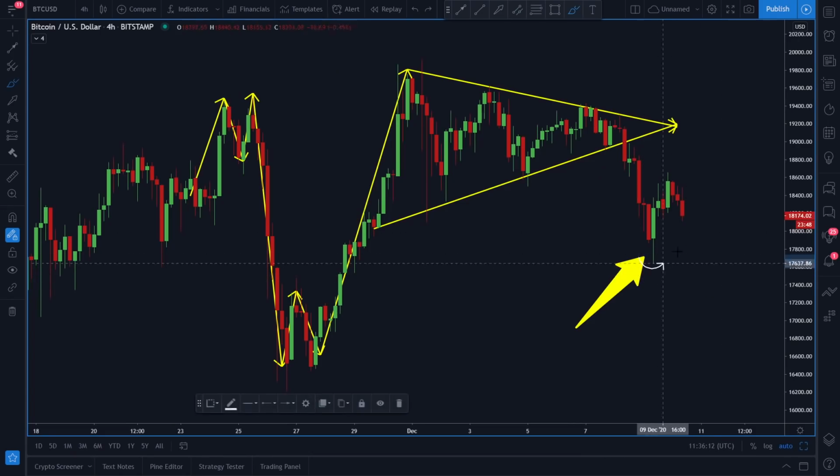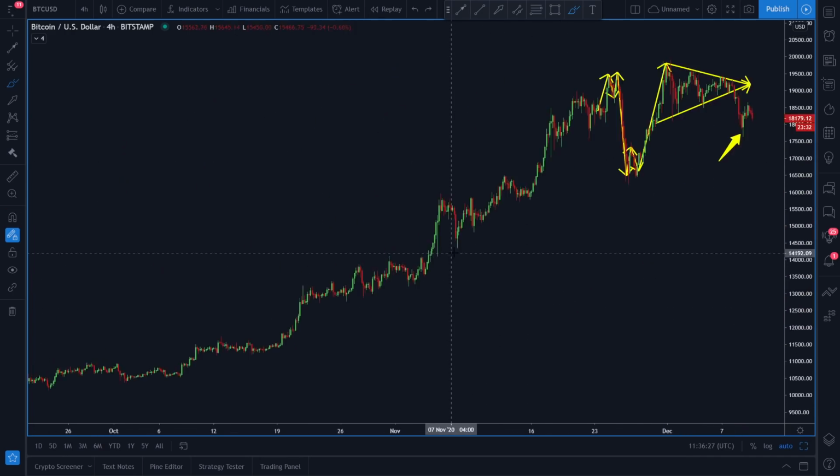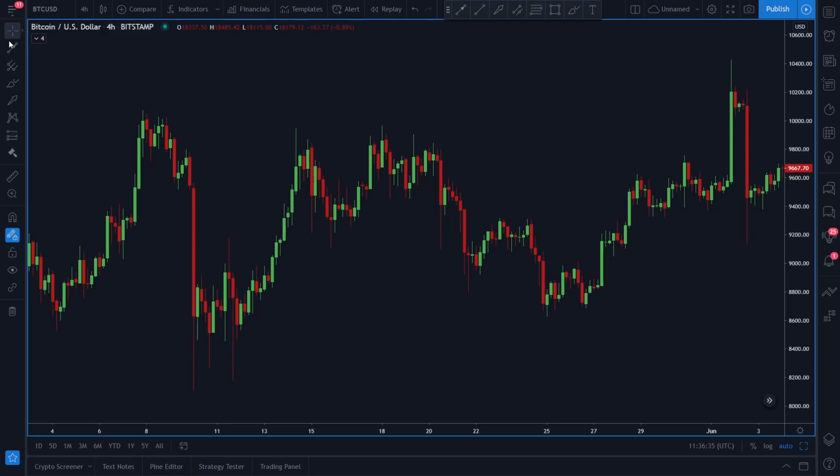And now, since we found some support here around this 17,630 price level, we see the bounce here, right? But is this a real bounce? I mean, is the price now going to continue in this manner, or are we actually expecting another leg down scenario, guys? For that, I have to show you this fractal, which is very identical with the current Bitcoin price scenario,